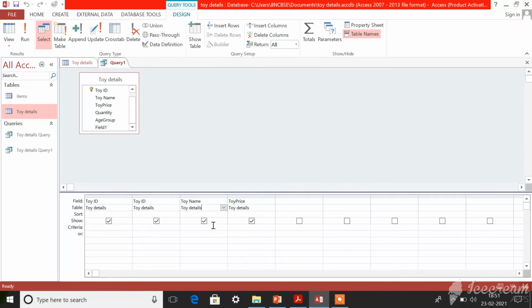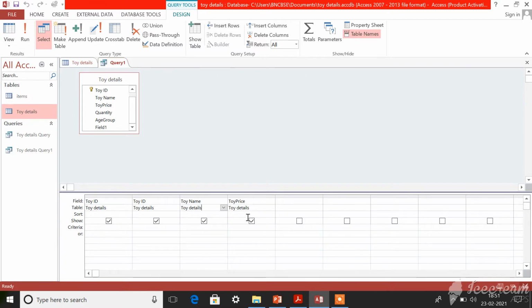If you want any of those fields to get rearranged, for example if the toy ID field should be in the last and toy price should be in the place of toy ID, then you can rearrange. This can be done by selecting the field first.